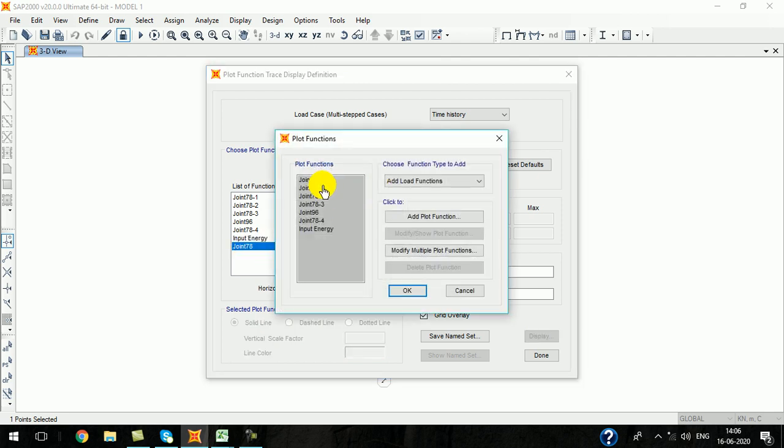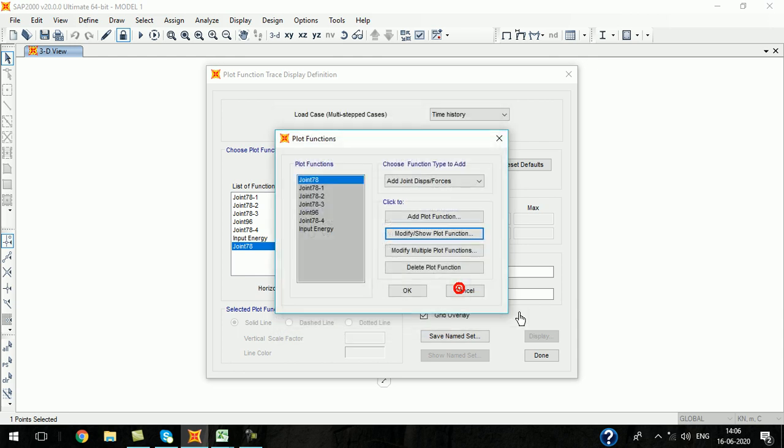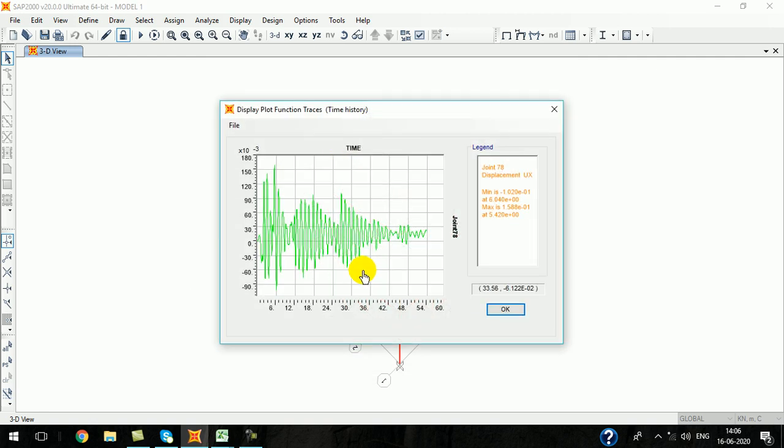Select display plot function, select here, and here add joint displacements, modify show plot function for joint 78 displacement along x-axis, because along x-axis only we have applied the acceleration. Click OK, click OK. Now bring this to right side in vertical function, and in horizontal function it is time. If you have n number of time histories, we have to choose accordingly. Now we have only one, corresponding to the El Centro time function, and go to display and see the value.